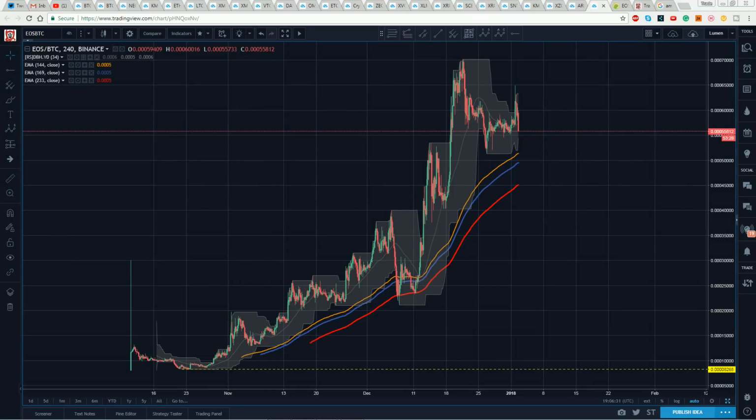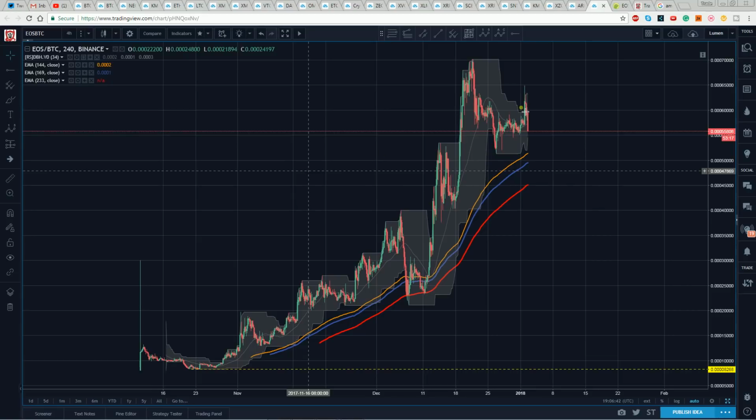Had some members interested in taking a look at EOS. So I've got EOS here to Bitcoin. This is the 4-hour chart on Binance, and the reason I'm on Binance now, I'm going to go over here